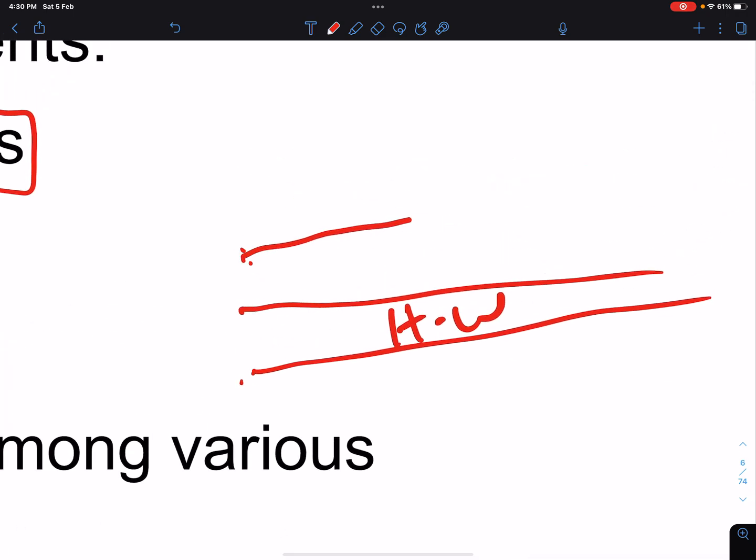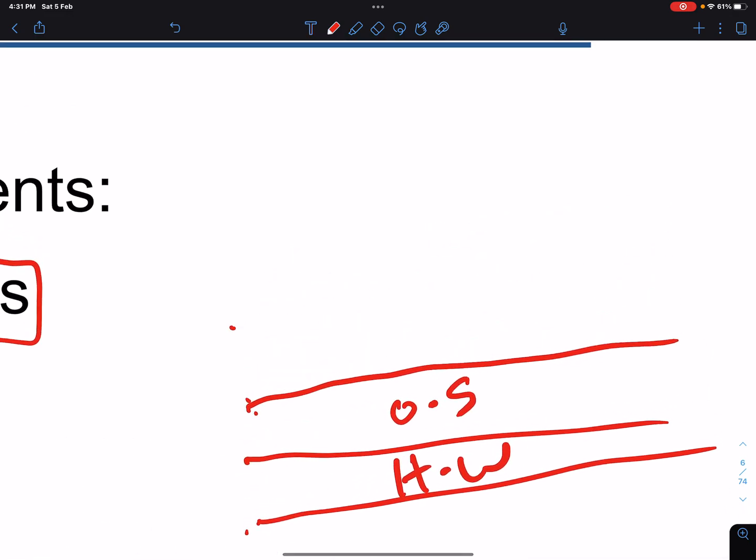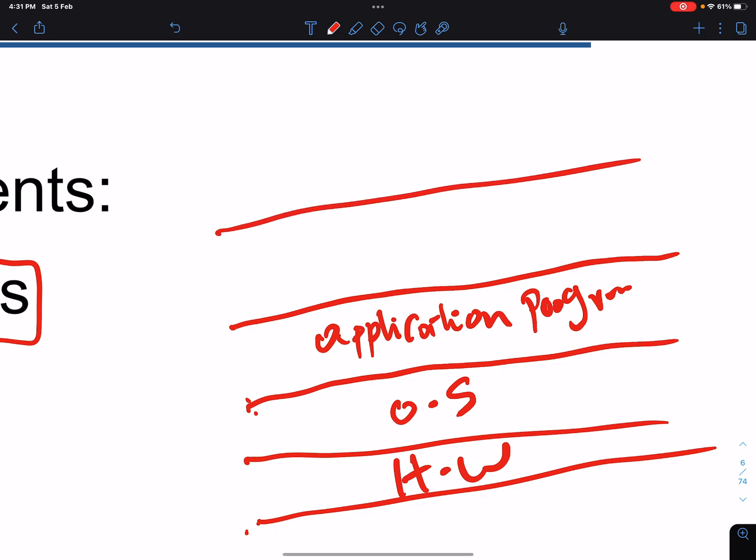Above the hardware, you have the operating system. You have here the application programs. And you have the user, the higher layer.